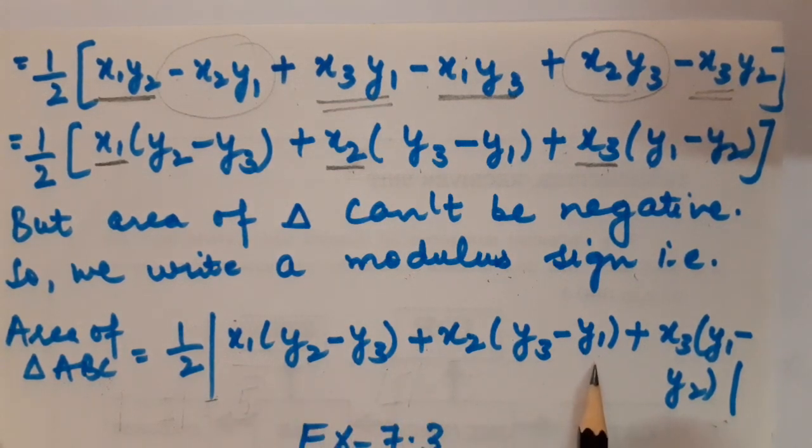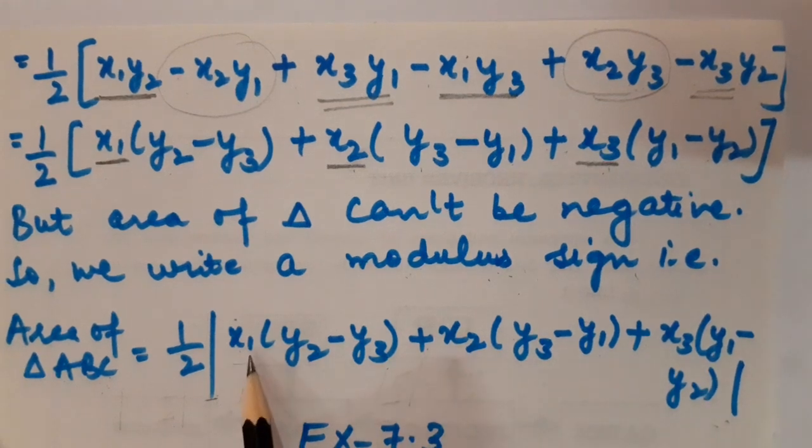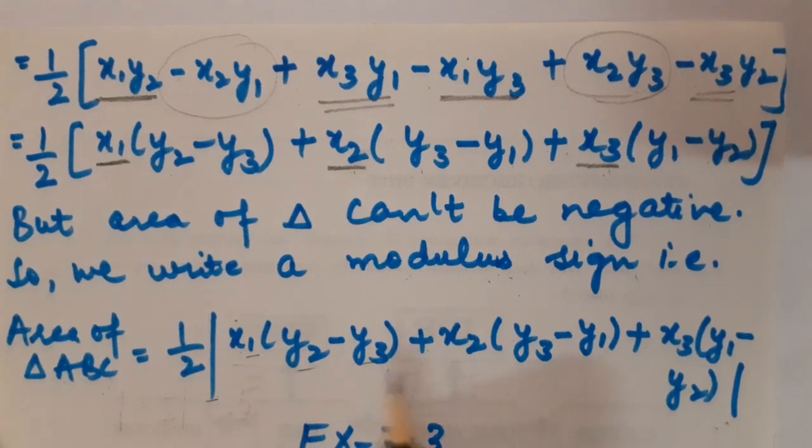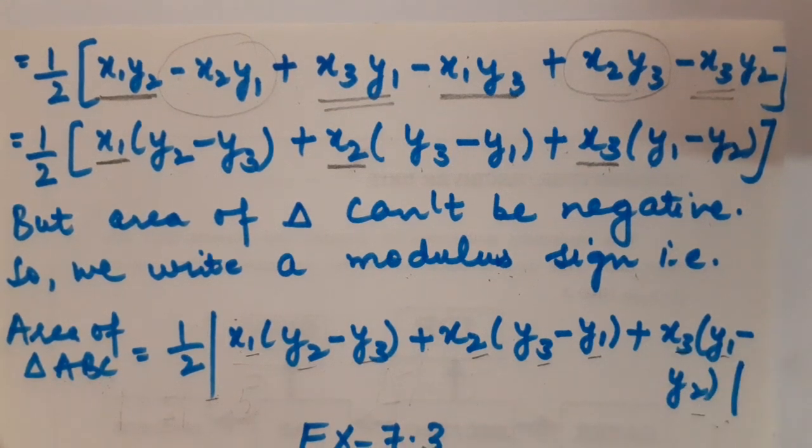Children, I also told you a way to learn this formula. What was that? We have to keep the counting from 1 up to 3 in our mind. This is 1, 2, 3. Then this is 2, 3, 1. And this is 3, 1, 2. You cannot disturb the sequence. Fine, students. So this was the recall of area of triangle.